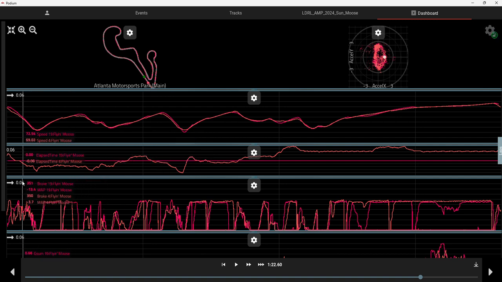Okay, here we go. So you can see going into turn one, man, he's the master under the brakes. He beats me every time into the braking zone. But maybe I don't brake as hard, so I maybe carry a little more speed. You can see the red line is him. That's kind of the baseline, since it's the fast lap, it's just going to be a solid line. So anytime I'm under the red line, I'm faster than him. Anytime I'm over the red line, I'm slower than him.